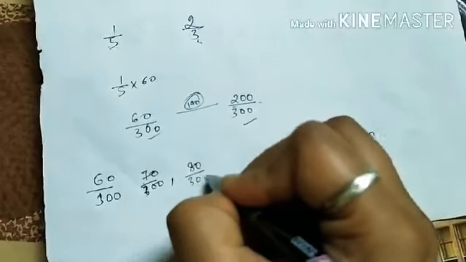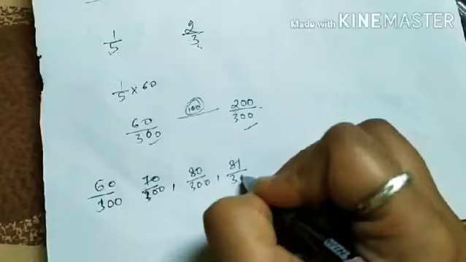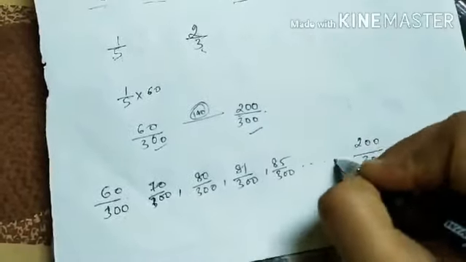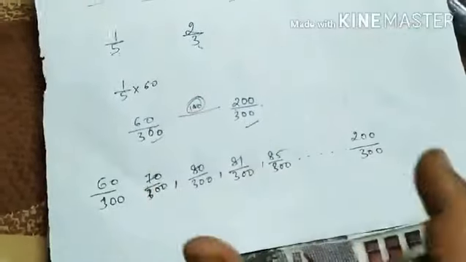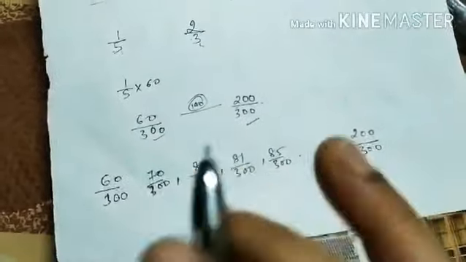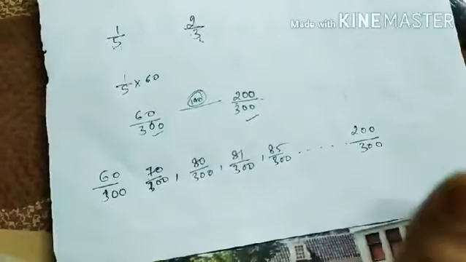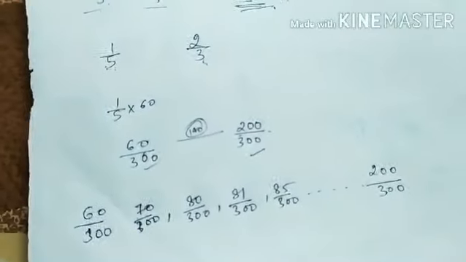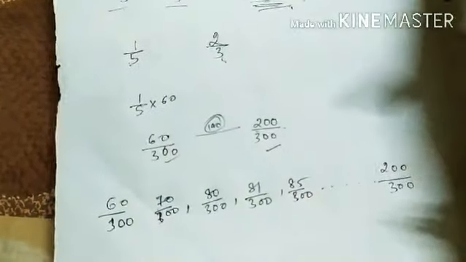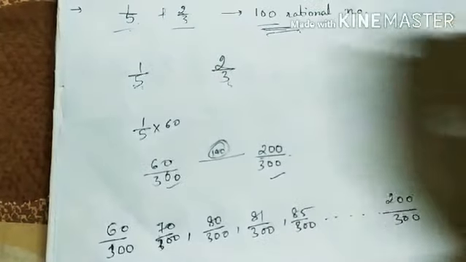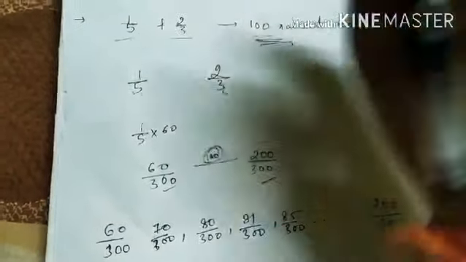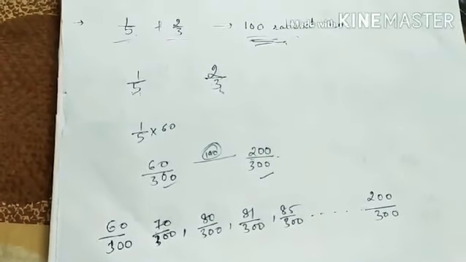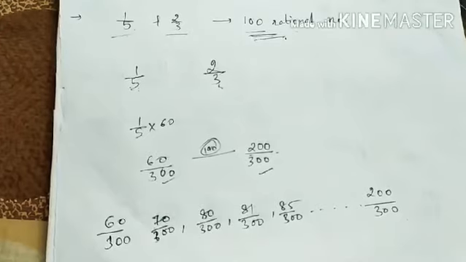Likewise, as I have told you, you can write any rational number between these two. Understood? You can write 100 rational numbers, but you don't have to write all the 100. You just have to understand that we can do it this way. So I hope this is clear to you, and with this I have covered all the types of questions from the textbook also. And if you still have any doubt in understanding any of today's concepts, you can go through the video once again, and if you still don't get it, you can ask me on my personal number.